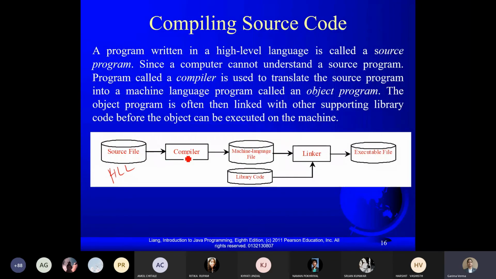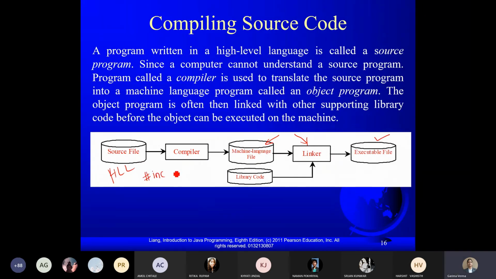When you are using the compiler, it is going to convert your language into machine level language, but it is not going to be executed yet, because in the high level language you must have used some libraries. So to link the library you require a software that is called as linker. Then this machine code and the library code will be combined by the linker and then your program will get executed. Now I'll give you one example.